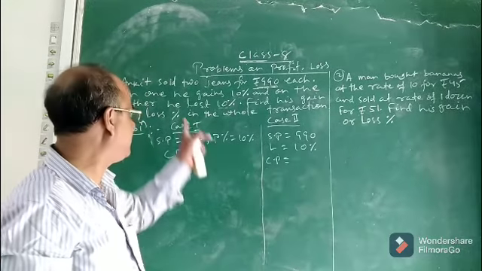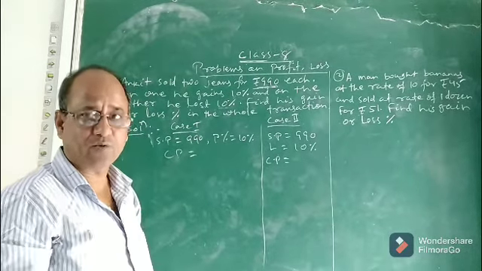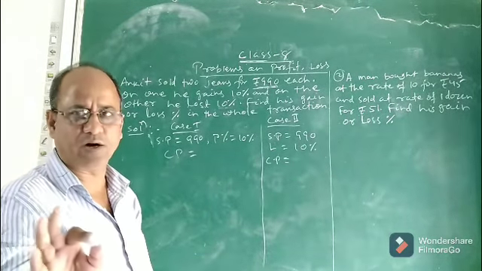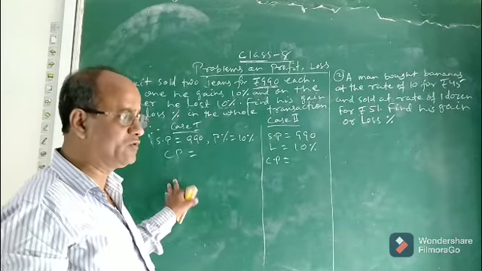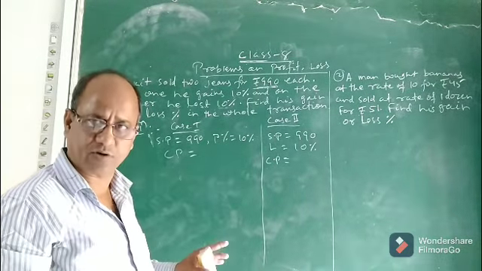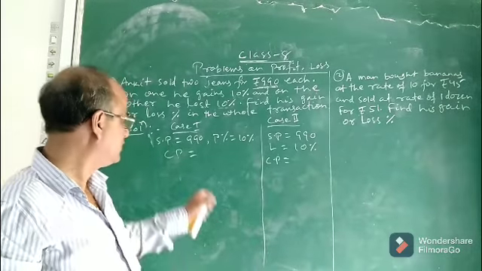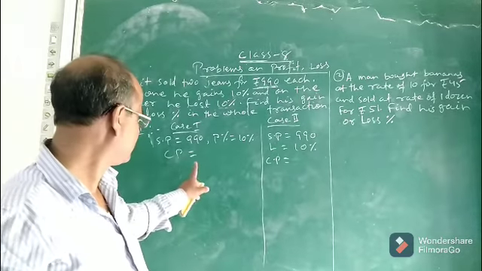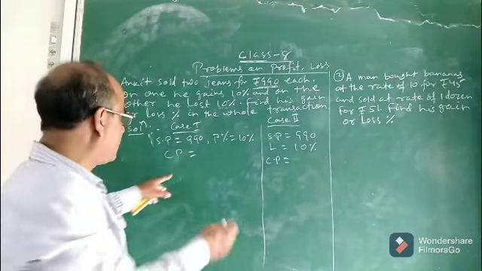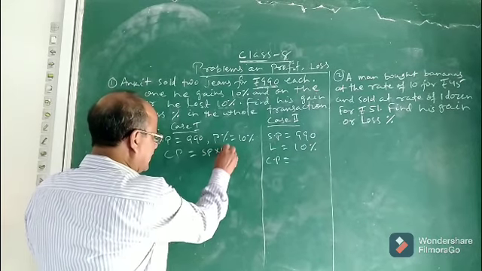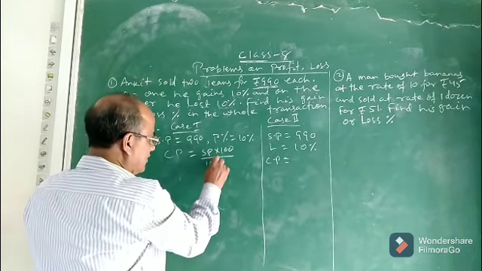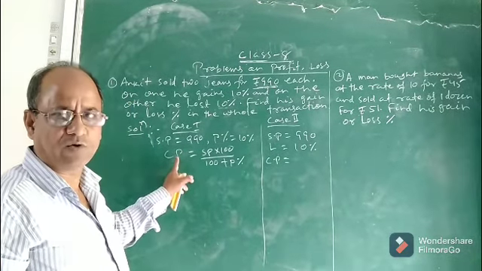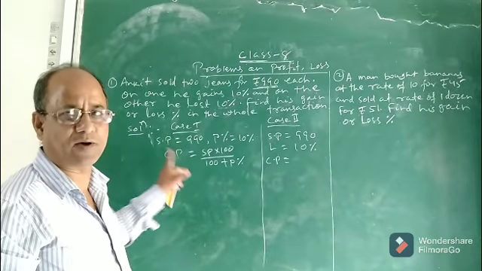So in these two cases, if we can find the cost price of the first jeans and the second jeans, our aim is to find his gain or loss percent. What is gain percent? Formula you know: gain by CP into 100. We do not know the cost price of the two jeans, so we have to find it. If selling price and profit percent are given, you know how to find the cost price. What is the formula? It is SP into 100 by 100 plus profit percent. By using this formula, you can easily compute the cost price of the first jeans.